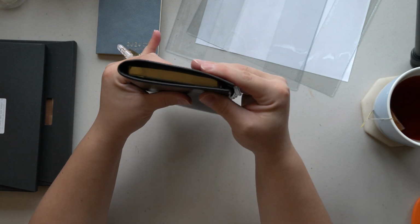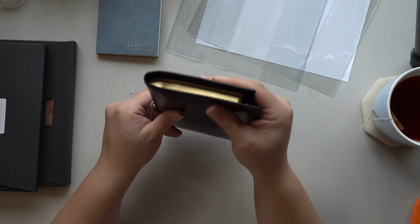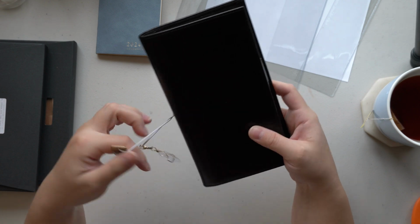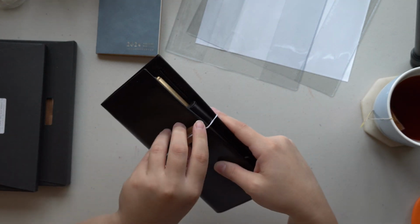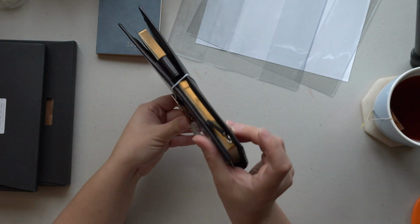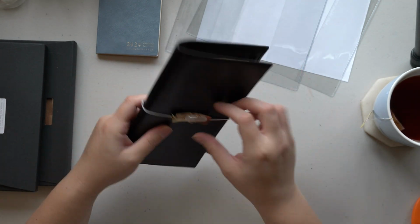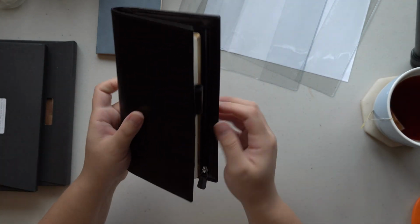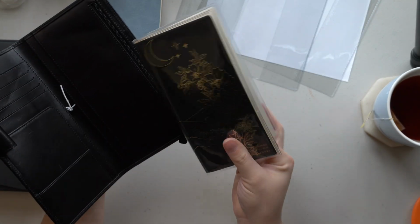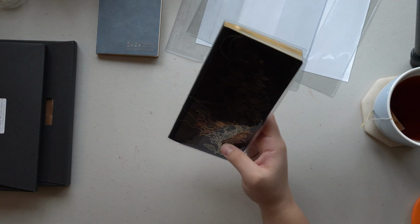I hope you're able to see it. I know black covers are really hard to show on camera. So anyways, here, if we were to close up the elastic, it works just fine. Yeah, so that would be an option if you had a Galen Leather Mega Weeks cover. It definitely fits the Common Planner half year or compact version of the week size. And then I also have